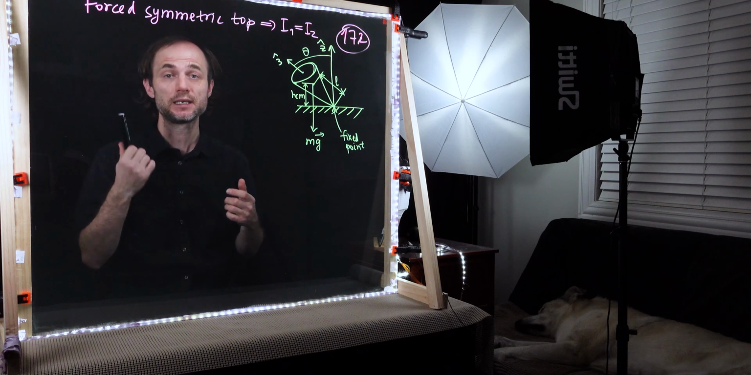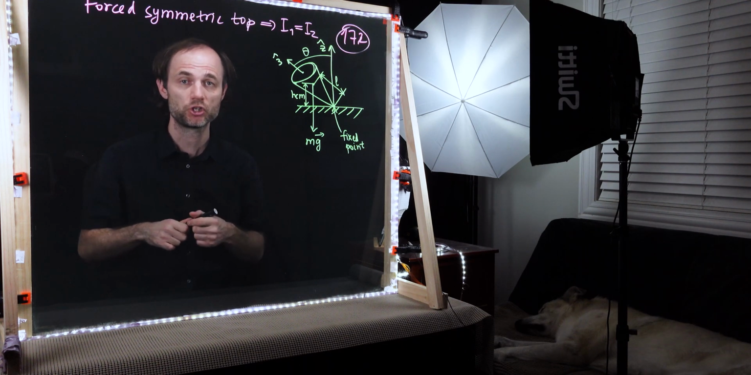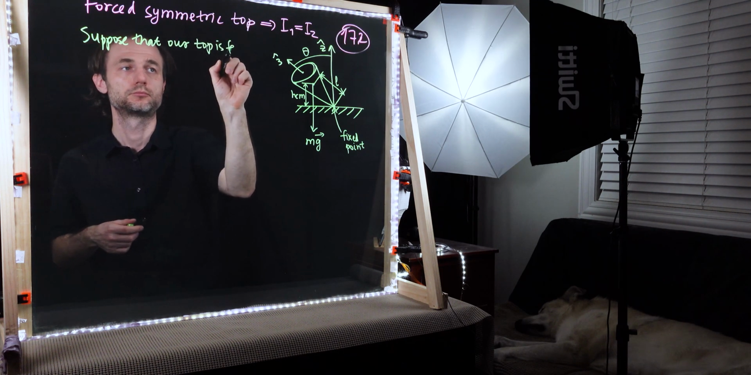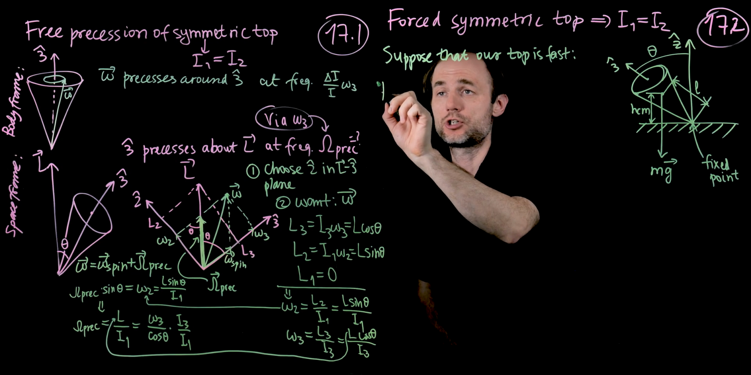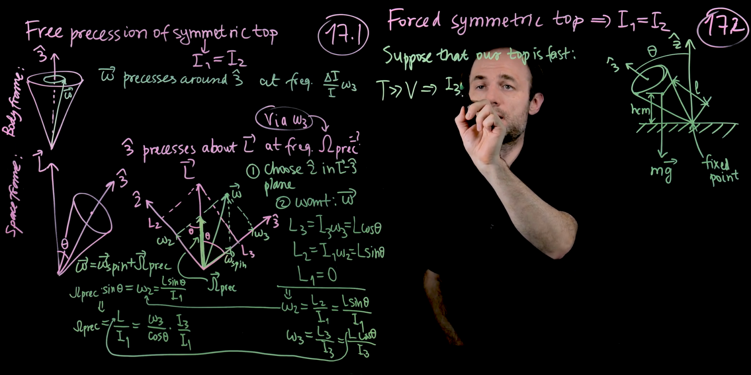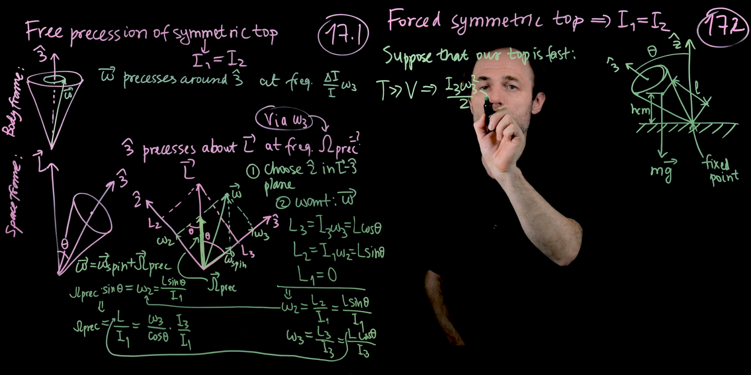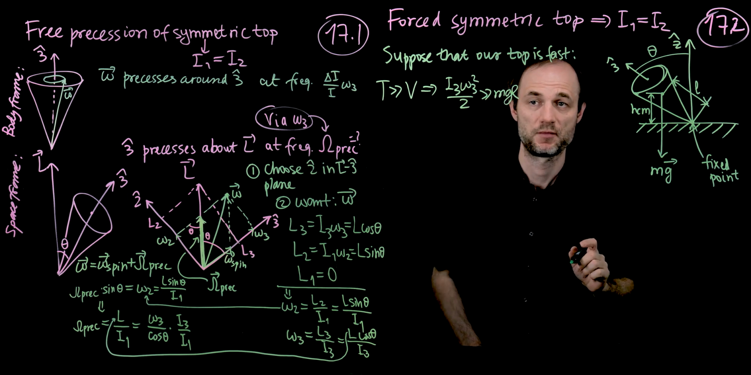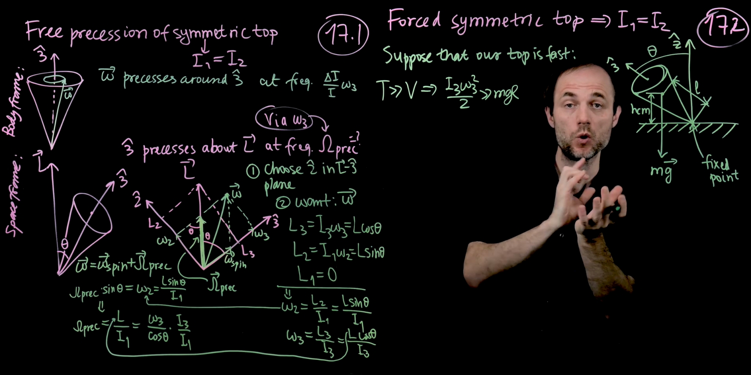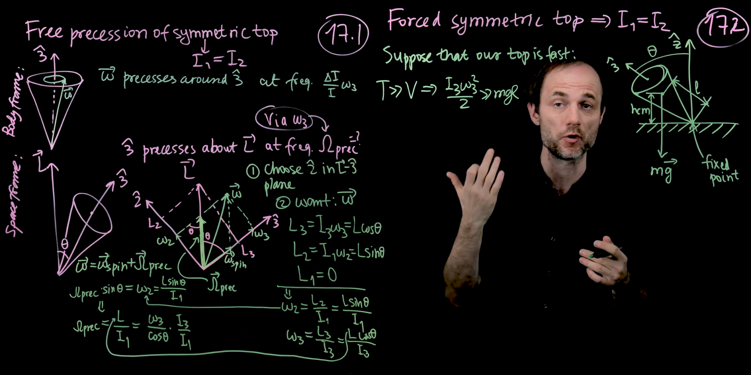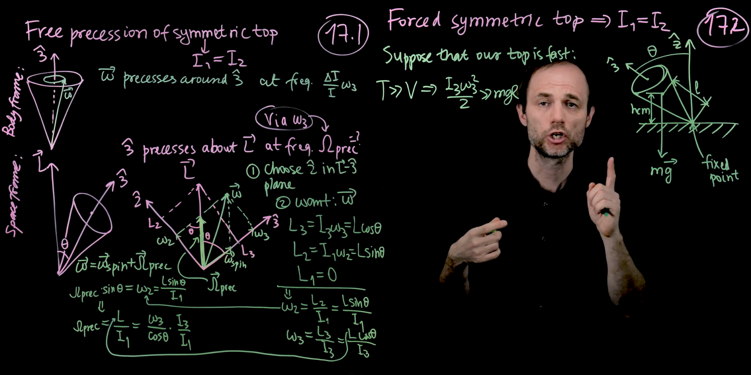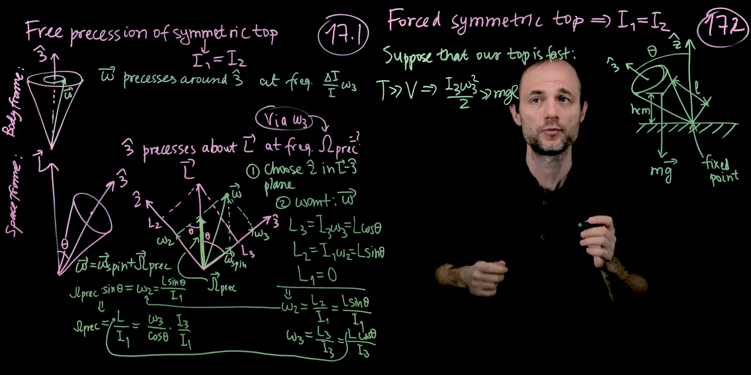So let's now make another key simplification. Suppose that the kinetic energy is much larger than the potential energy, so that our top is fast. What that means is that our kinetic energy much exceeds the potential energy, or that I3 omega 3 squared over 2 is much greater than mgl. In this case, most of our kinetic energy is associated with the rotation of the top around its axis of symmetry. And we can neglect the contributions from nutation or precession to the total kinetic energy and